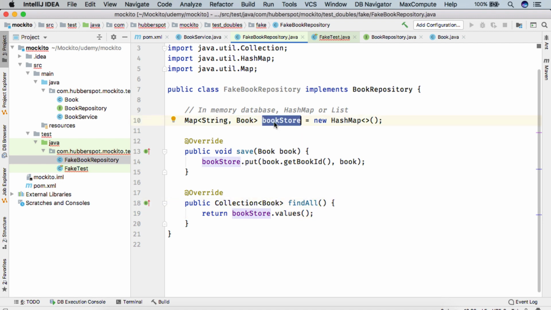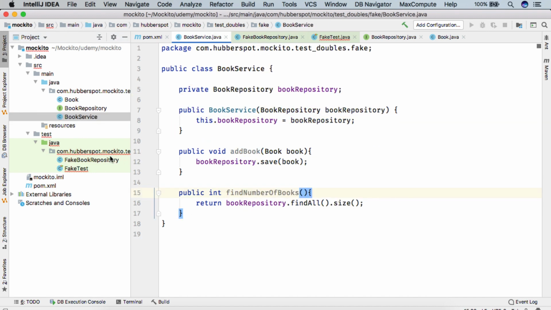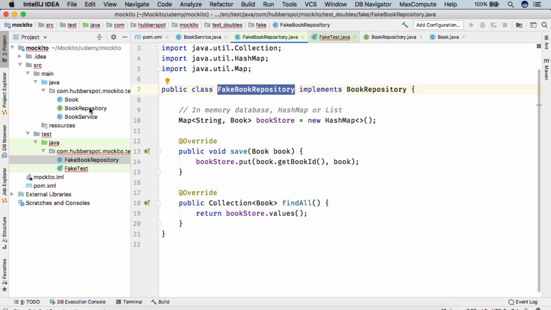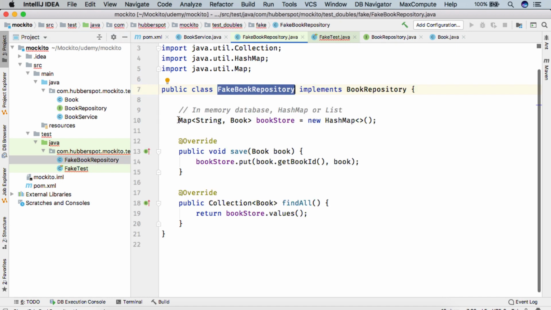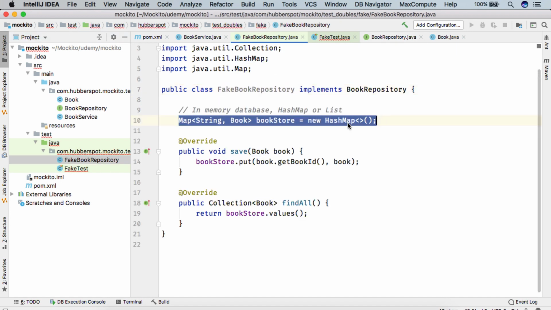So friends, here you can see how this fake book repository is helping us to test the book service class, because now this book repository is not going to the actual database. It is actually storing something into this bookstore, which is a hash map, which is nothing but a fake implementation.